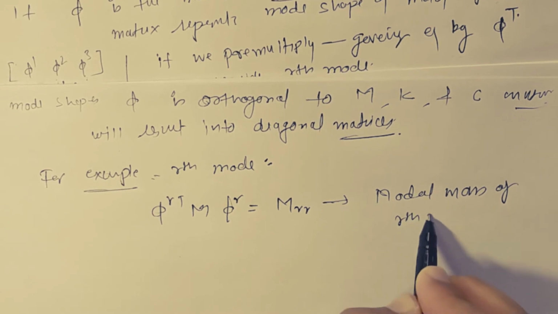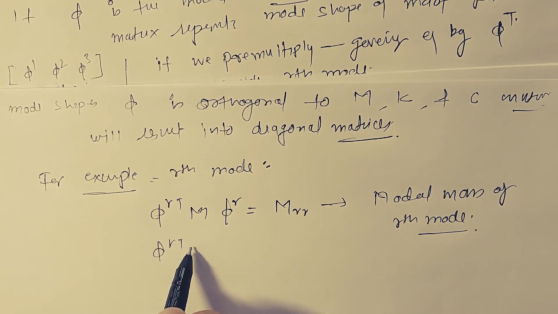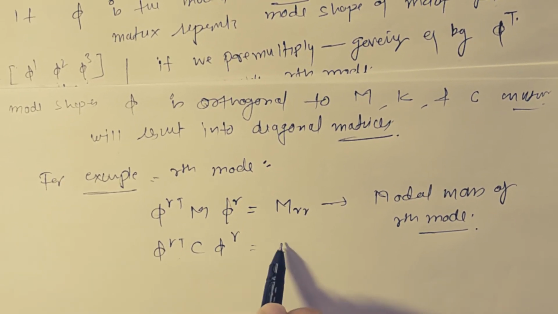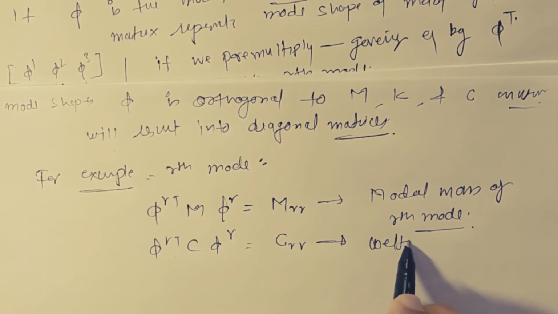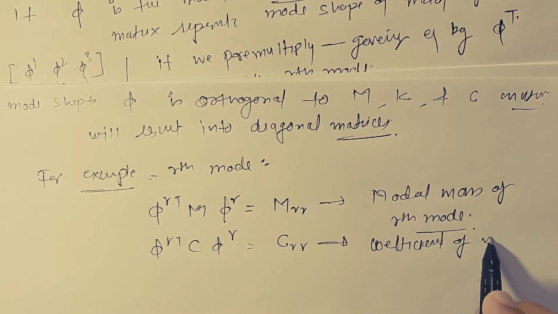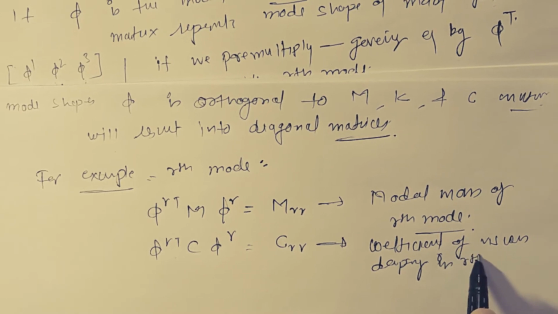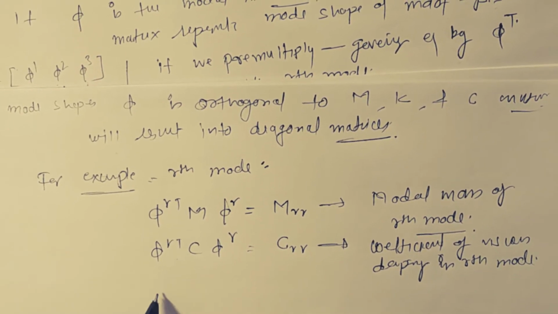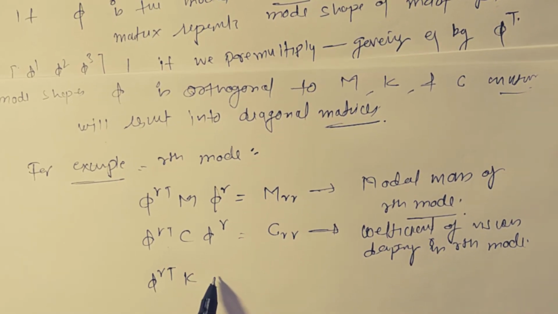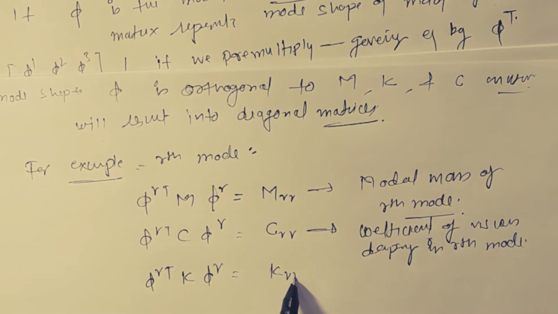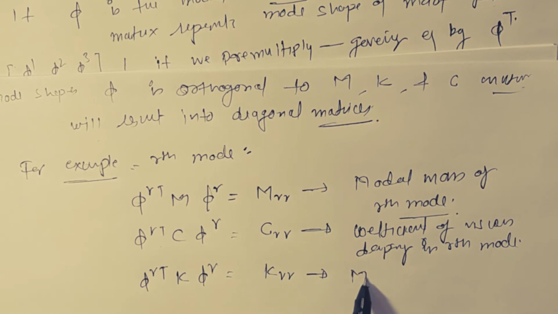of the rth mode, and phi r transpose C phi r is equal to CRR, and this is the coefficient of viscous damping in the rth mode, and phi r transpose K phi r is equal to KRR, where K is the stiffness matrix, and this is the modal stiffness